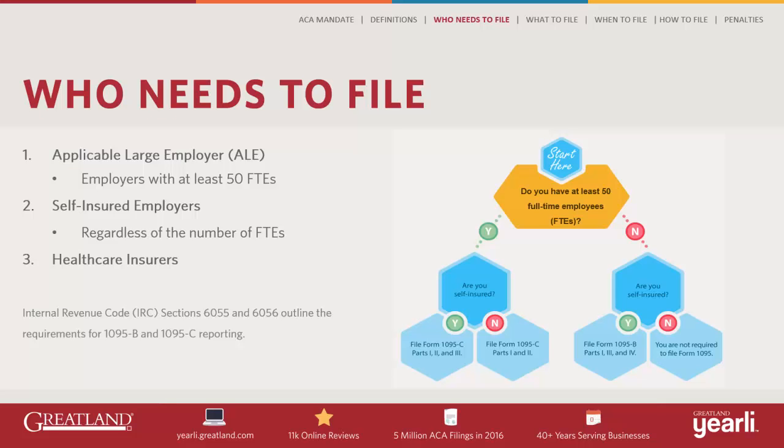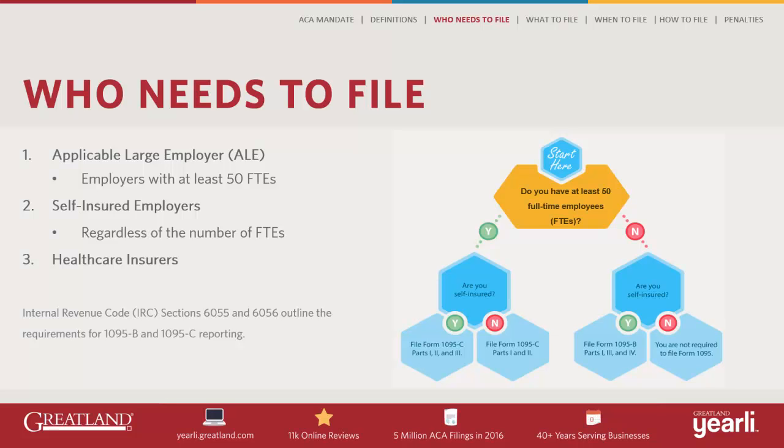Looking at the illustration on the right, if you are an employer, the two primary questions to be asked are, do you have at least 50 full-time employees, including full-time equivalent employees, in the preceding year, and are you self-insured? If the answer to both of these questions is yes, then you need to complete Form 1095C, Parts 1, 2,